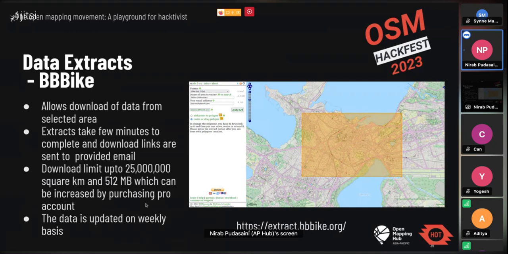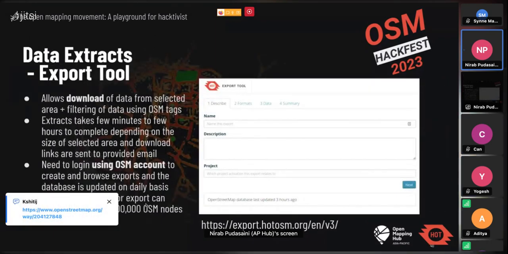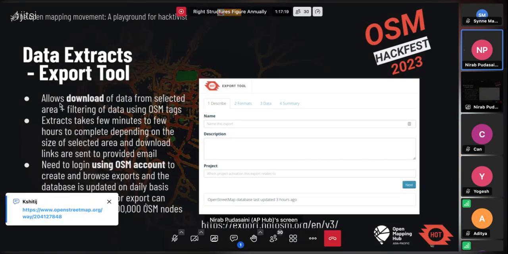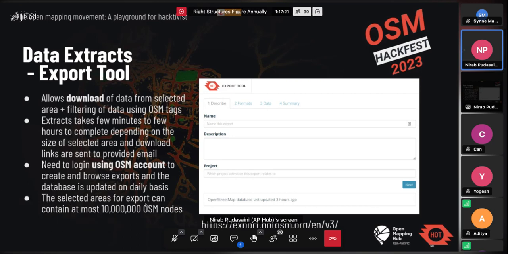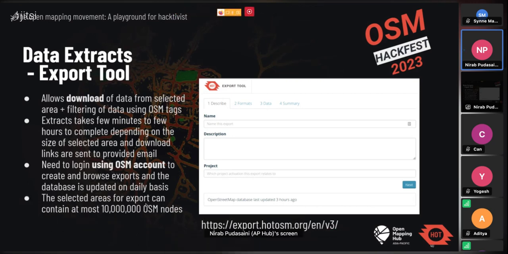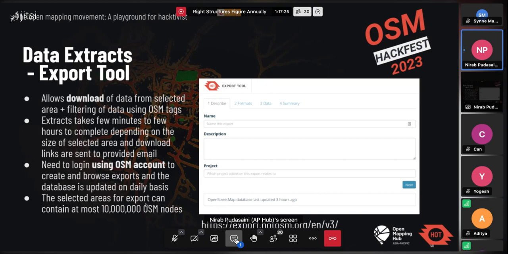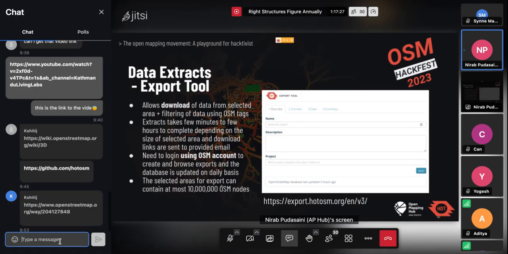And another drawback of using BBBike is that the data is only updated on a weekly basis. So we have a tool that we are developing at HOT as well, called the HOT Export tool. Here you can use it to have more specific